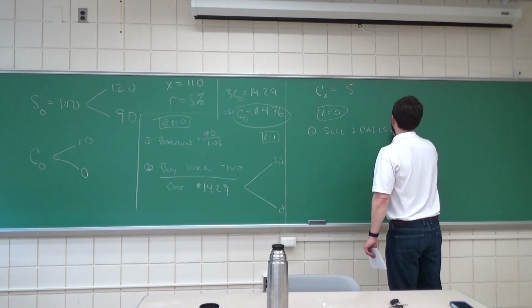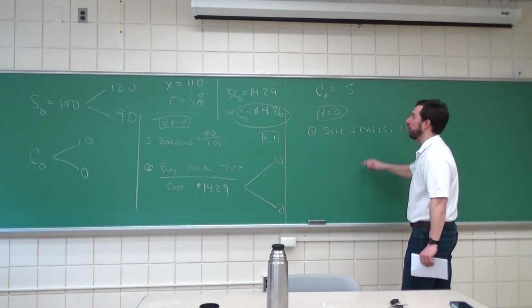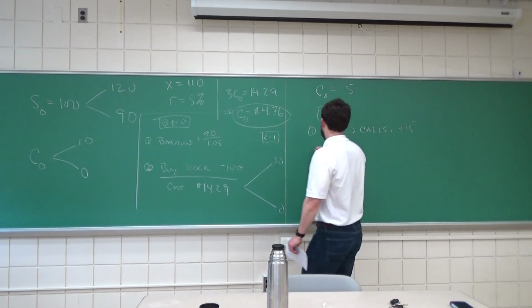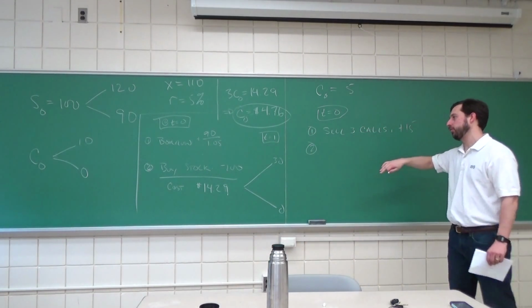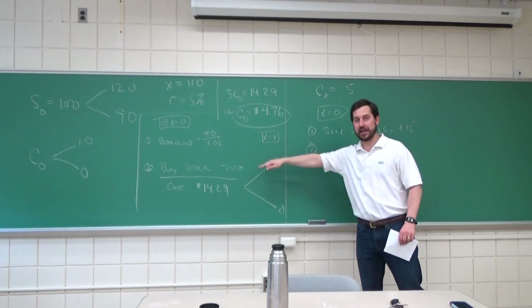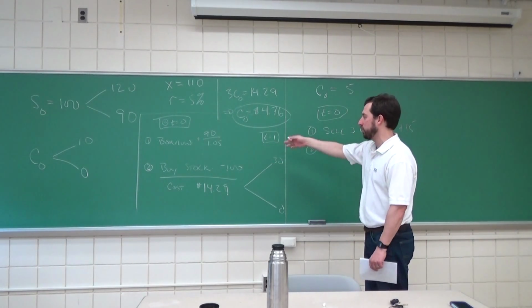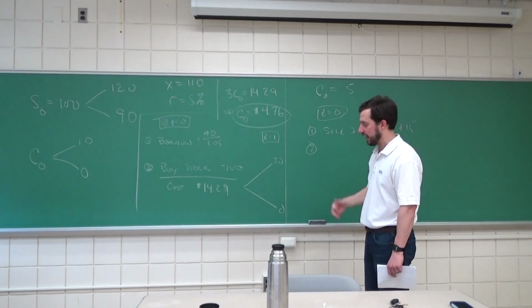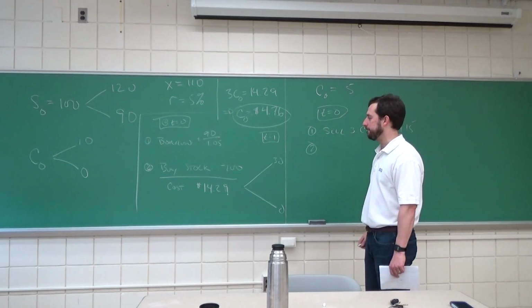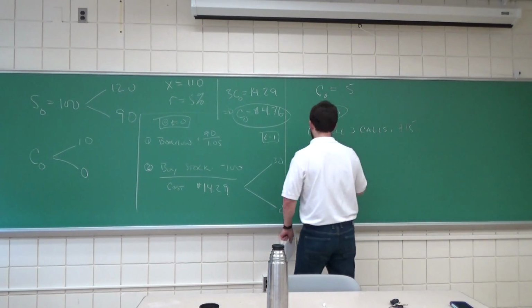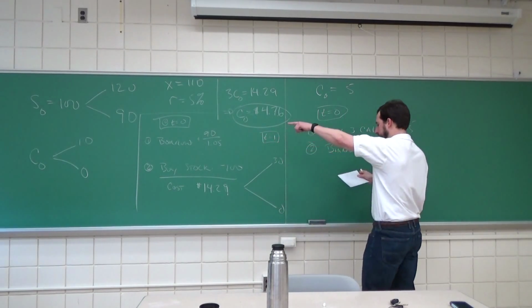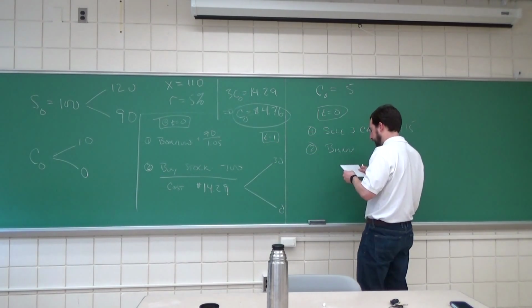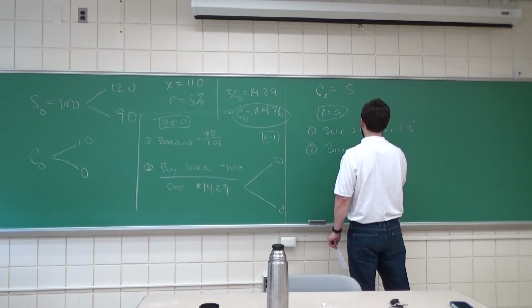This is going to give us plus $15, 5 times 3. Second step, we sold 3 call options. Now it's simple, we follow exactly this. We borrow $90 at 5% and buy stock. So step 2, borrow. Now 90 divided by 1.05 is 85.71, so this is going to be a cash inflow